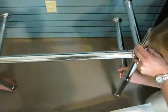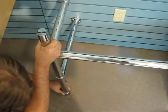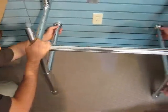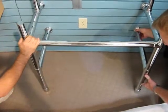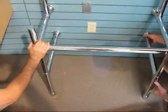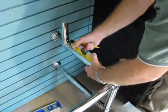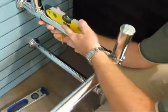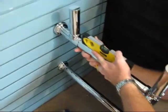Okay, the right pin is in, and now the left pin is engaged. So the legs, the feet, are permanently pinned and secured to the floor. Okay, next we're going to attach the side cross members from the vertical legs to the wall, and it's critical